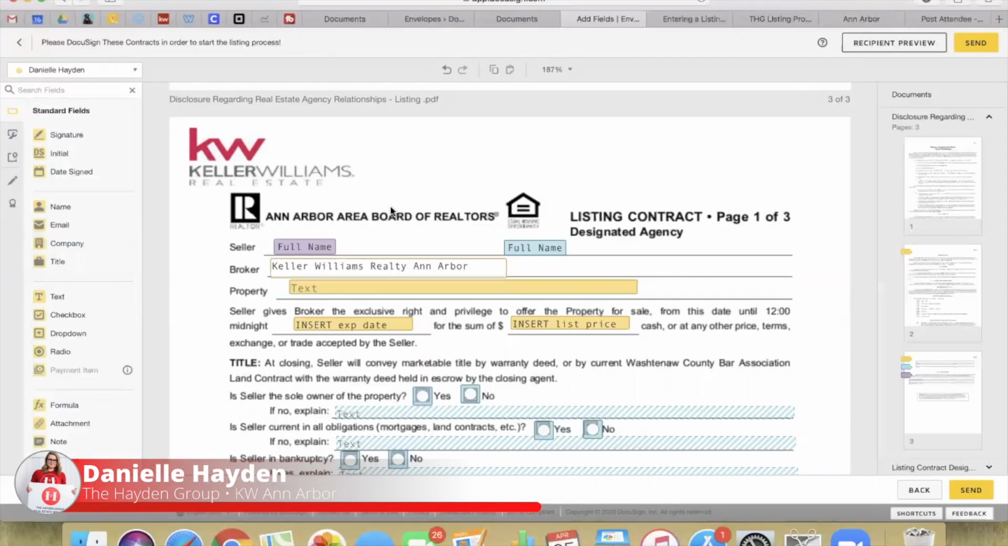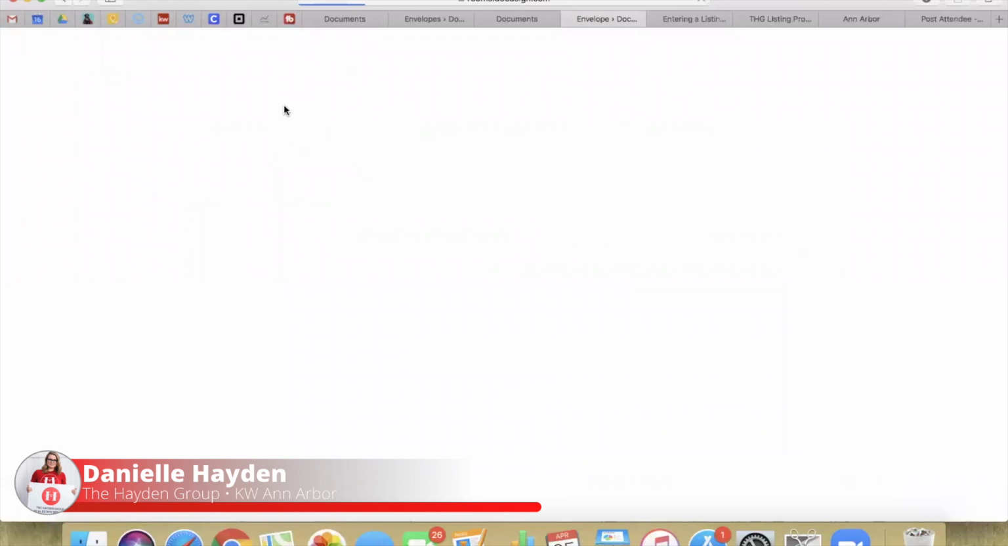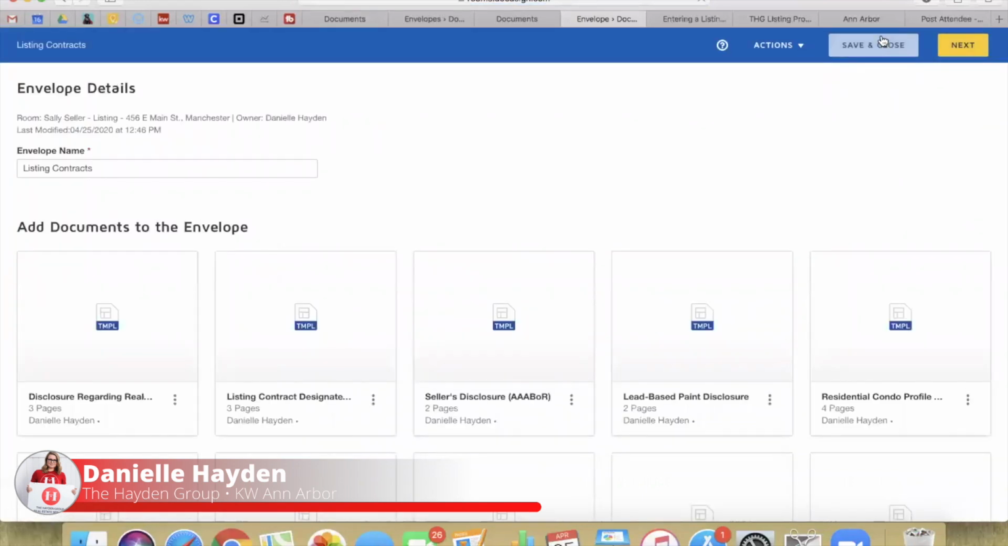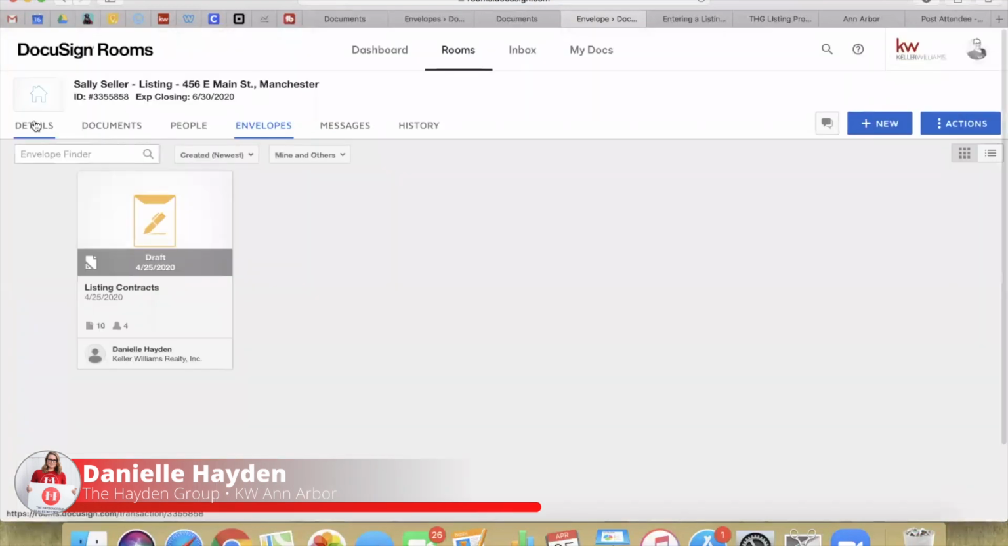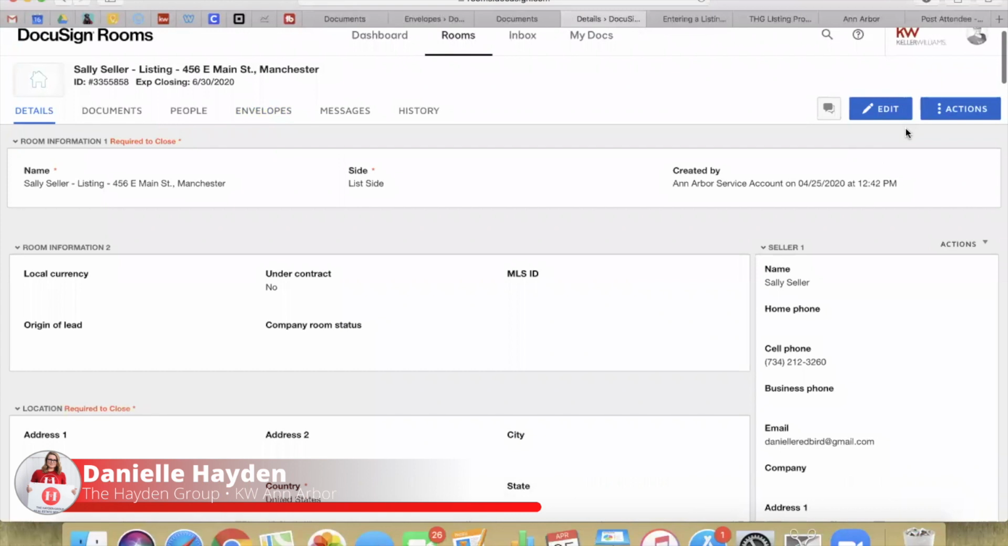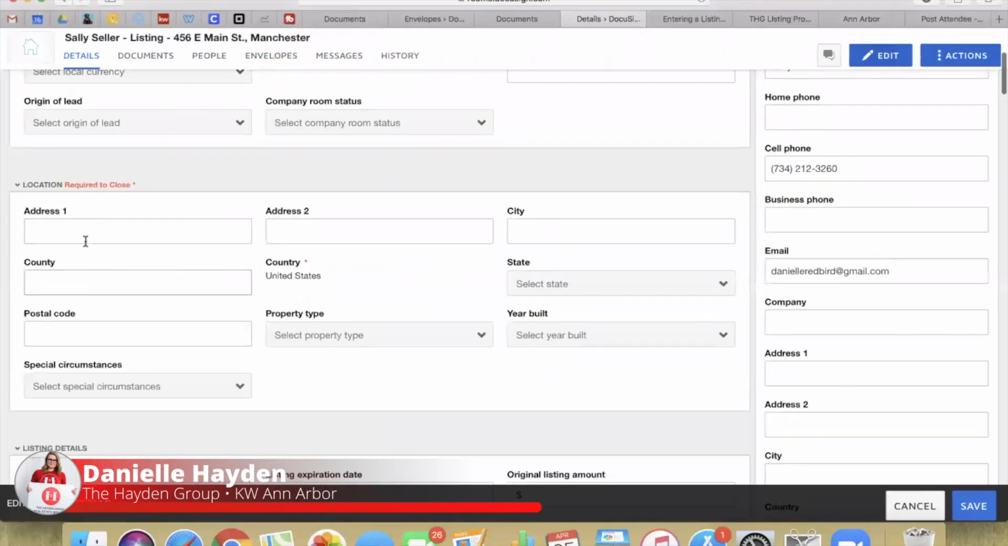Okay. In fact, you know what I'm going to do? Let's actually hold off a second. We're going to go back. And at the very least, I'm going to put in the property address in the details section because I am realizing that it did not pull into a field that I was under the impression it would. So we're going to go to edit, okay, address 456 East Main Street,